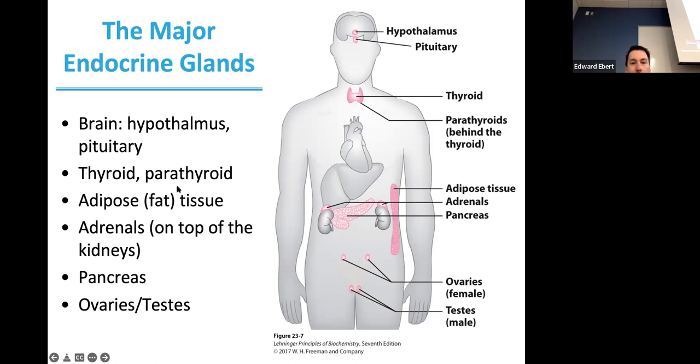Our major endocrine glands include the hypothalamus and the pituitary gland in the brain, our thyroid, which is so important. People don't think about their thyroid until it goes bad. We've got our adrenal glands behind our kidney, our pancreas down here in our gut, and then adipose tissue. That's one we don't think about, but we're going to see on Thursday, adipose tissue is